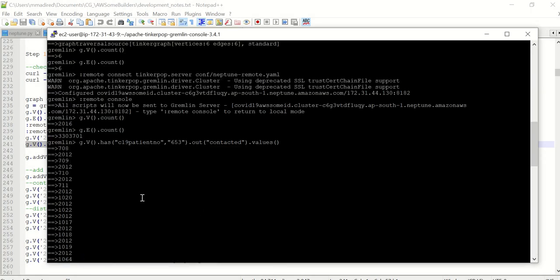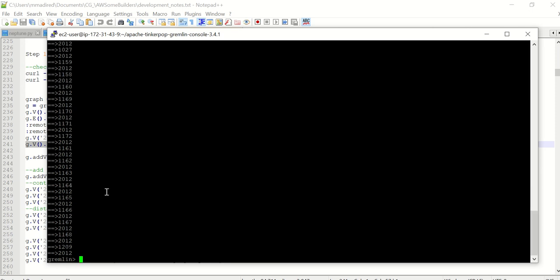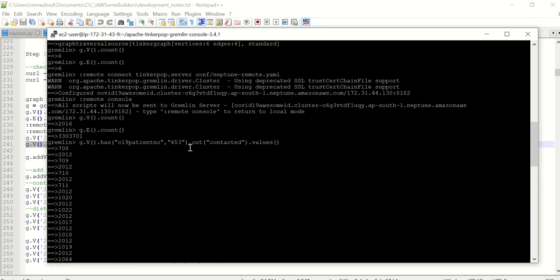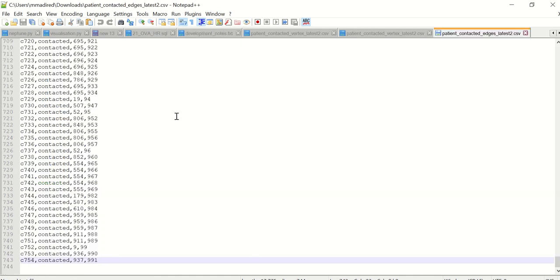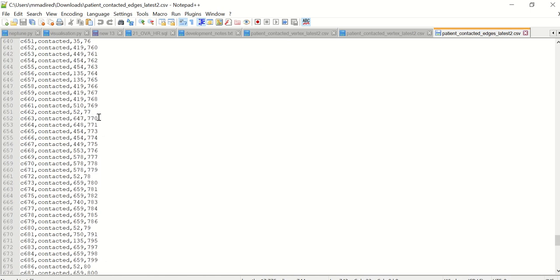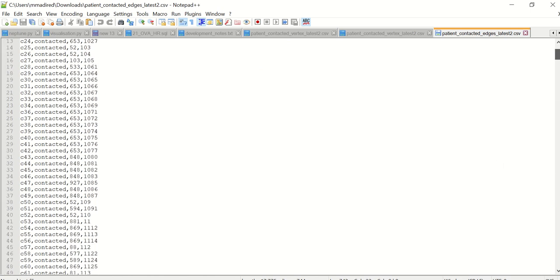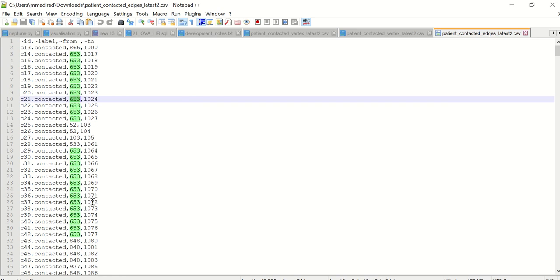So these many are the contacted relationships, which means in the contacted edges file which we have configured, if we take patient 653, you must have that many records. Here you can see, these many records we have configured as edges.